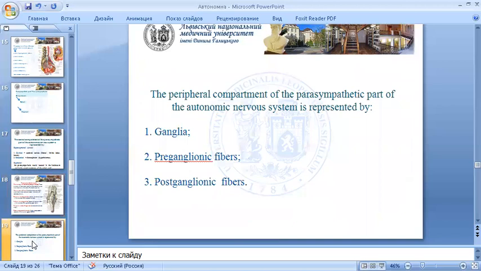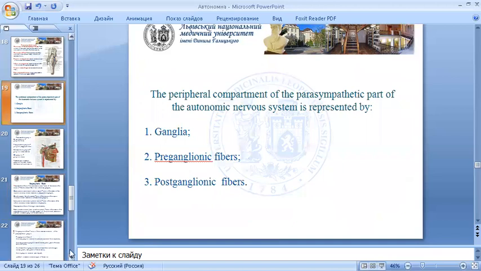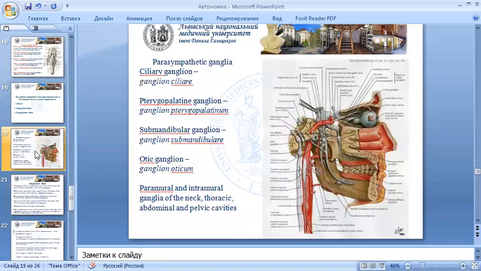Now, the peripheral compartment of the parasympathetic part of the autonomic nervous system is represented, similar to the sympathetic, with ganglia, preganglionic fibers, and postganglionic fibers. The ganglia of the parasympathetic nervous system have their own names, except the ganglia which lie in the cavities, because there are a lot of parasympathetic ganglia, called paramural and intramural, around the organ or inside its walls. So what are the parasympathetic ganglia? First, the ciliary ganglion,